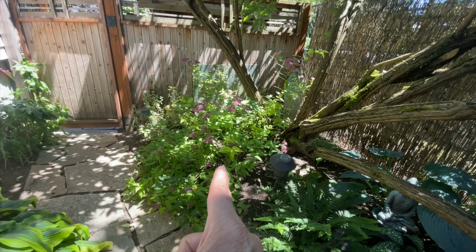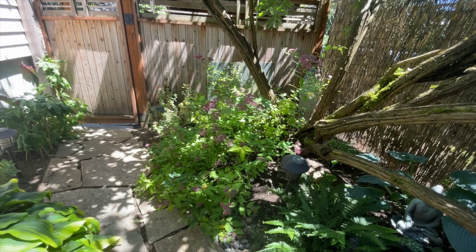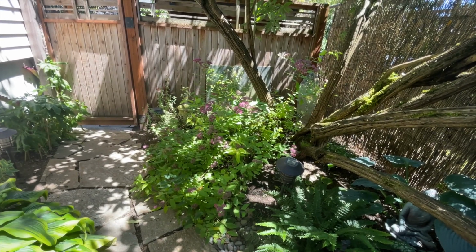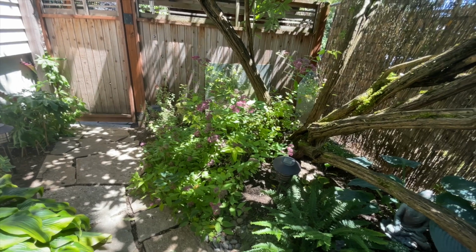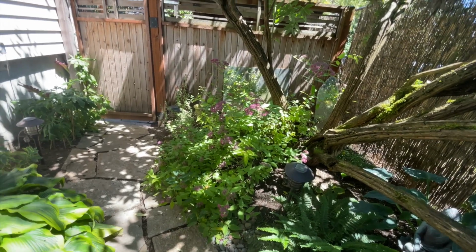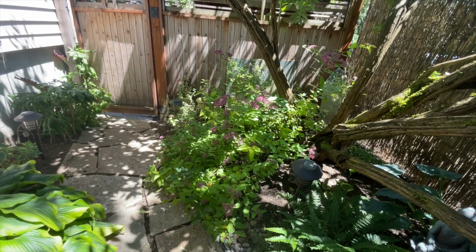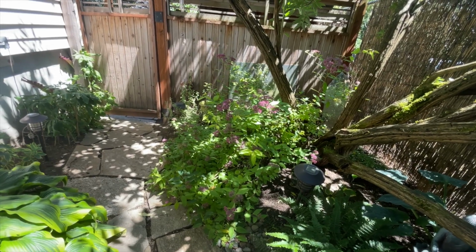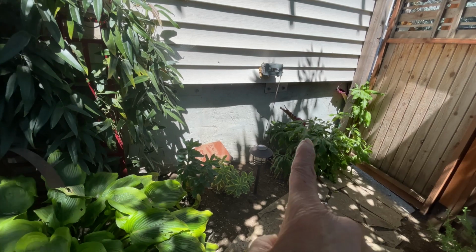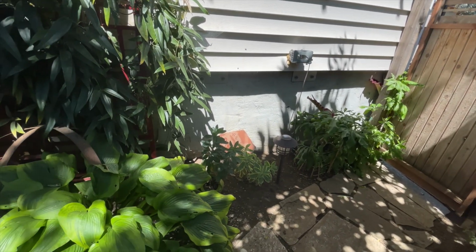transferred it and transplanted it here, probably 10 years ago, and it does perfect under the shade condition as well as with damp light. I just absolutely love Rainbow Fizz spireas for that reason. And it is also in full bloom this year because it is getting the appropriate amount of sun. I will talk about and point out this Dracula plant here in a minute, but let me just go over